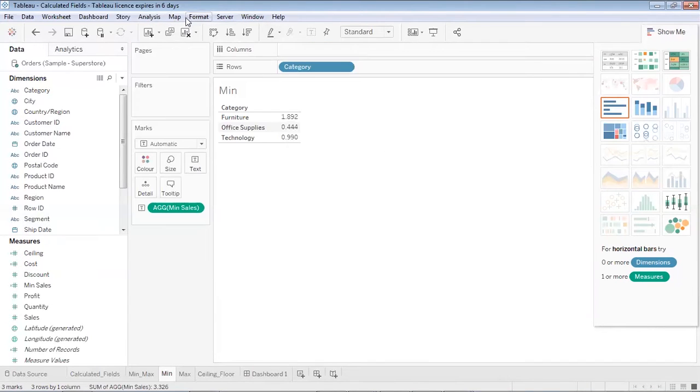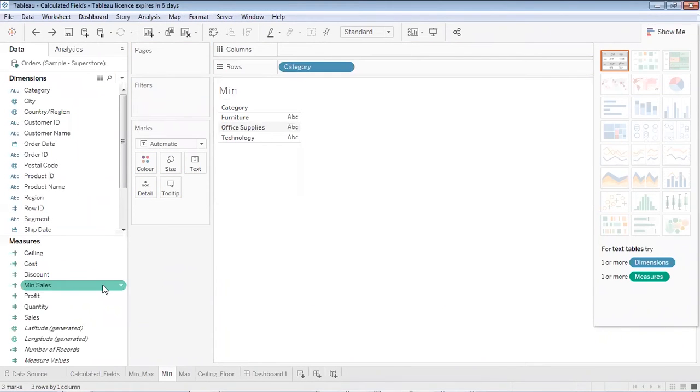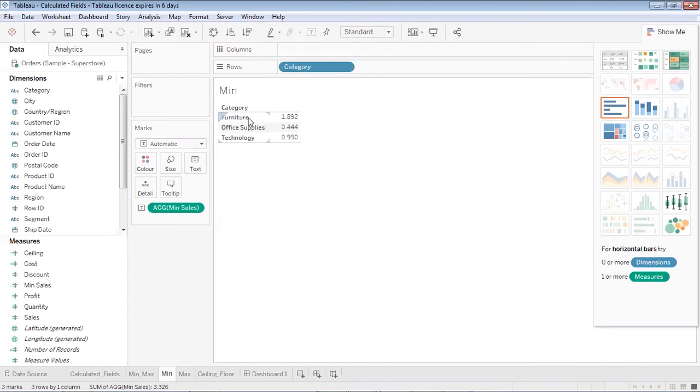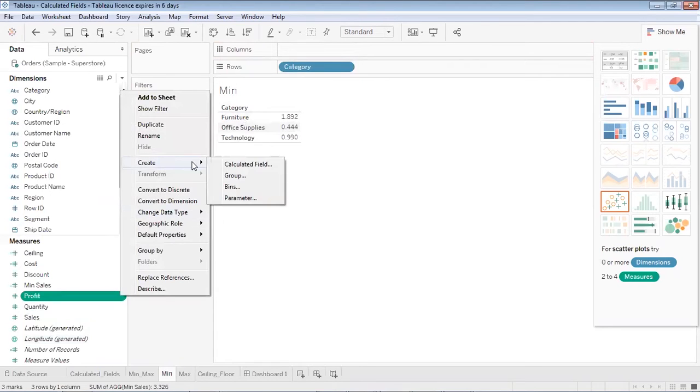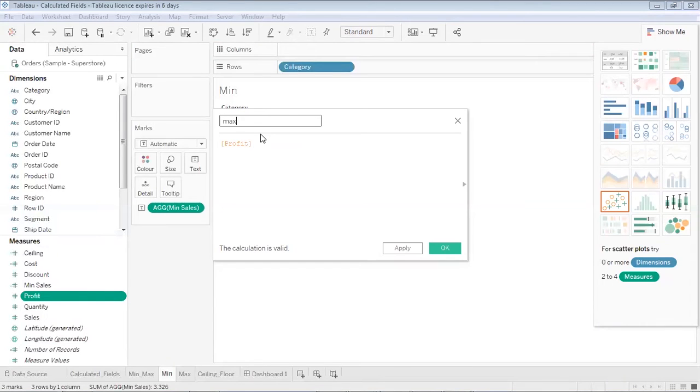I'll go to the analysis and I'll have to change the properties. I'll remove the minimum sales from here. So over here I've got this category, and now when I want to see the minimum sales, I'll drag this minimum sales and place it over here on the columns. When I convert it to table, this is the minimum sales in each category in the last 4 years. Okay, and if I would like to see the maximum sales, again I'll go over here, drop down, create calculated field, max sales over here, and I would like to do maximum of sales over here, apply and okay.